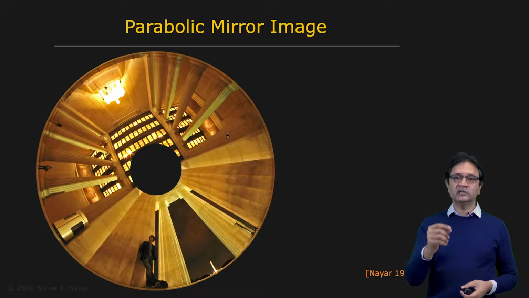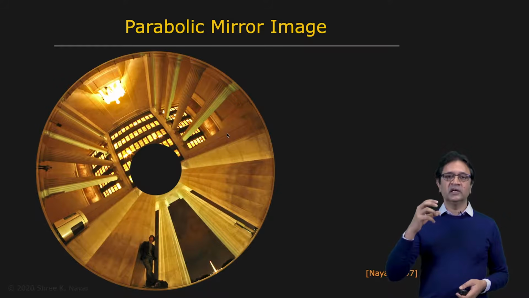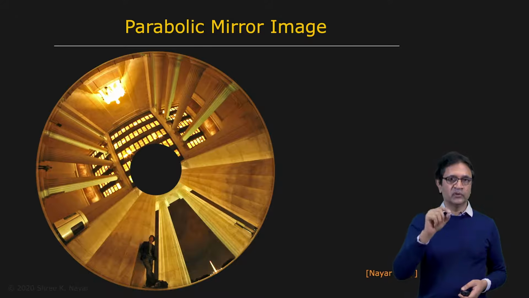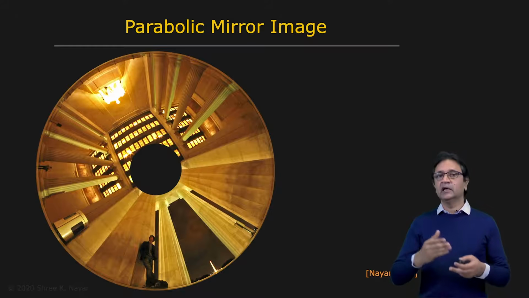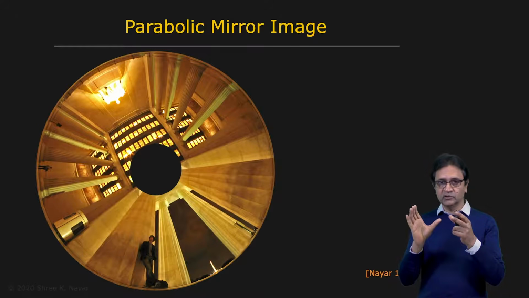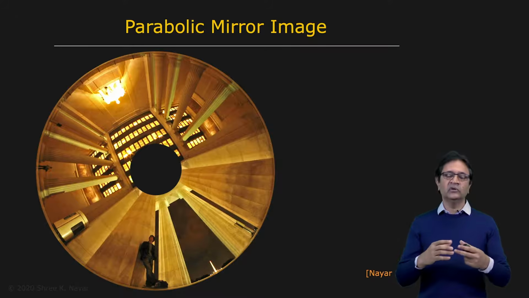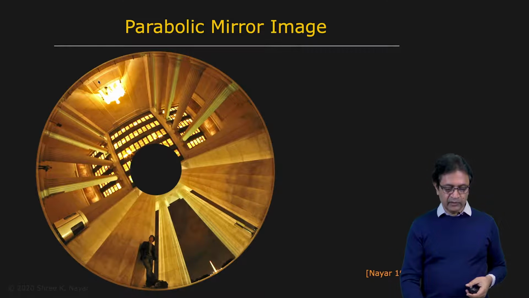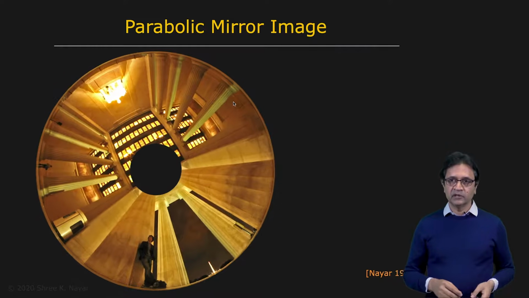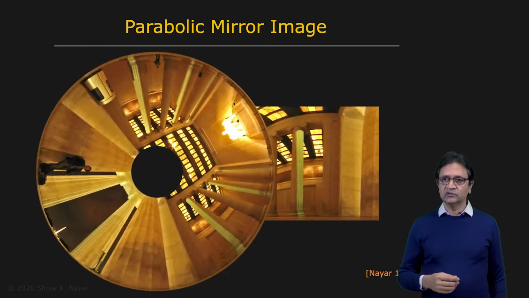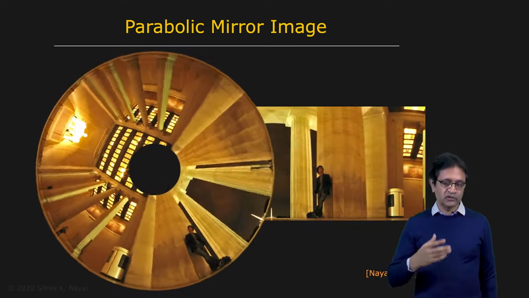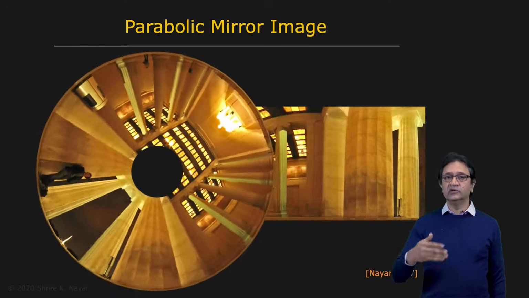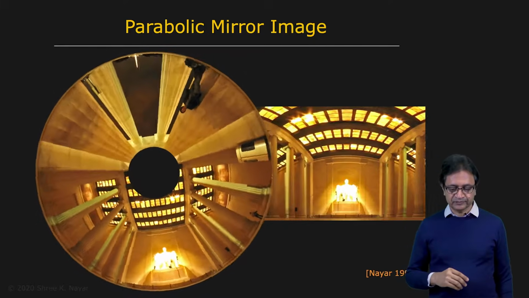And since we have satisfied the single viewpoint constraint, which means that the viewpoint of this imaging system lies at the focus of the parabola, you can take, of course, any part of this image that I'm showing you here and convert it into a perspective image. You can use a viewer to pan around, or you can map this peripheral part of this image, this annulus right here, into a cylindrical panorama that looks something like this. This is just a visualization to show you all the things that you can do in software with this single image. And of course, in most applications, you would have video and do this at, say, 30 frames per second.